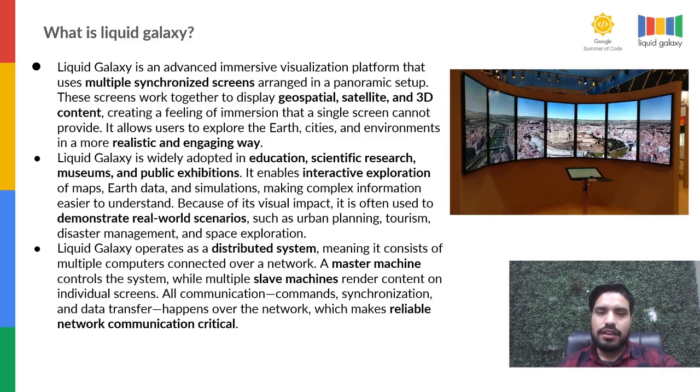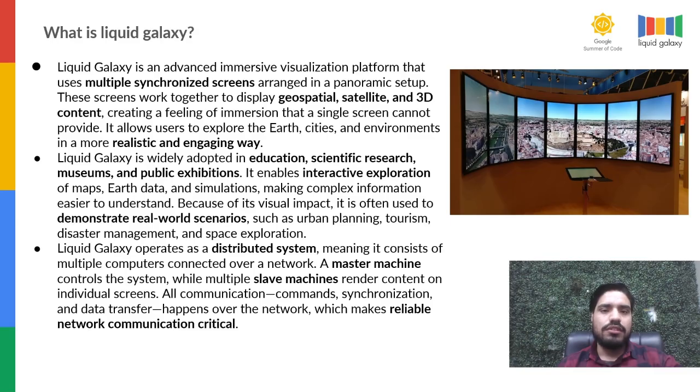These screens work together to display geospatial satellite 3D content, creating a feeling of immersion that a single screen cannot provide. Basically, with the help of Liquid Galaxy, we can explore cities on the Earth as well as the environment, weather. It works as a distributed system, meaning it consists of a master machine as well as slave machines. It works on an architecture of master and slave machines